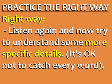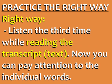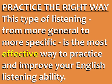Listen again and now try to understand some more specific details. Again, remember that it's okay not to catch every word. Listen the 3rd time while reading the transcript, the text. Now you can pay attention to the individual words and see if your previous understanding was correct. This type of listening, from more general to more specific, is the most effective way to practice and improve your English listening